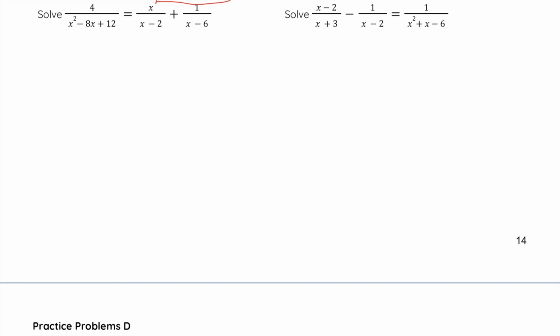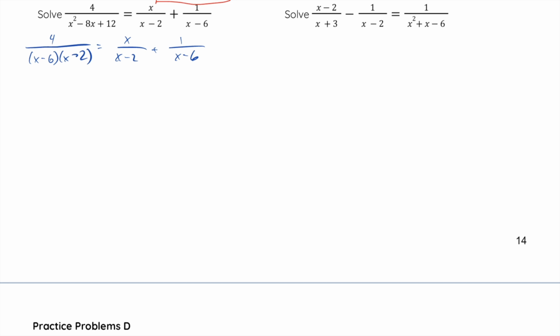Okay, lastly, we want to add all these up together, combine them, and then see if we can solve it. First thing we want to do is factor any quadratics we have, and that way we can look for terms that are already in common, so we know we don't have to multiply more than one thing twice. So I'm going to simplify this fraction on the left by writing it as x minus 6, x minus 2, because that's how I would factor that. Now I have x minus 2 plus 1,